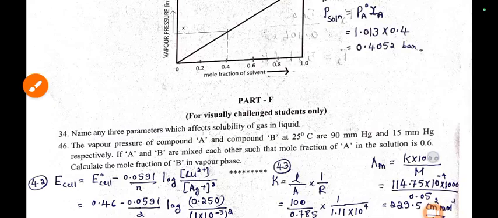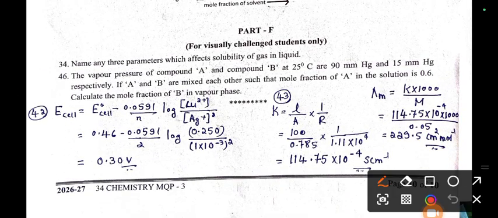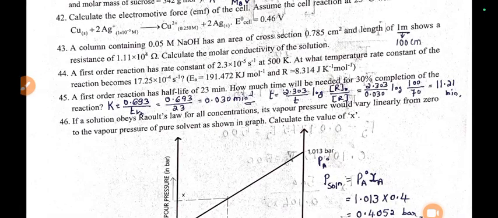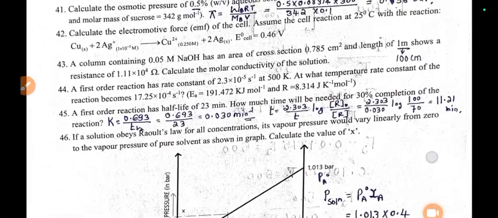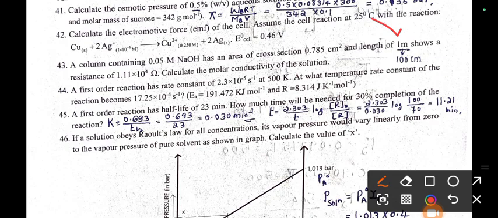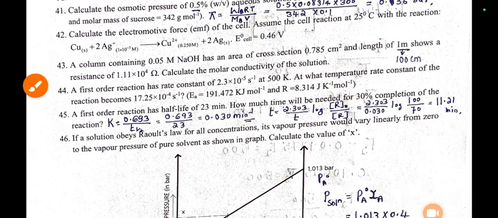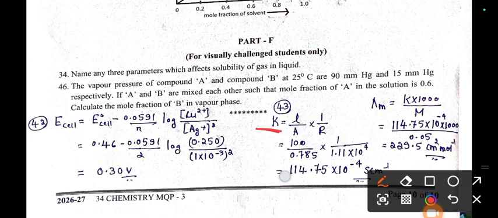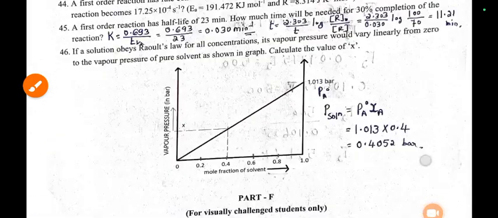42nd question I have solved here from electrochemistry. Nernst's equation, and the electrode potential of the cell is 0.30 volts. Similarly, 43 is a question from electrochemistry. We need to find out the conductivity and molar conductivity. Length is given as 1 meter, you need to convert into centimeter, that is 100 centimeter. So 43rd question I have solved here. Conductivity first you calculate, then molar conductivity, answers I have written. Now next